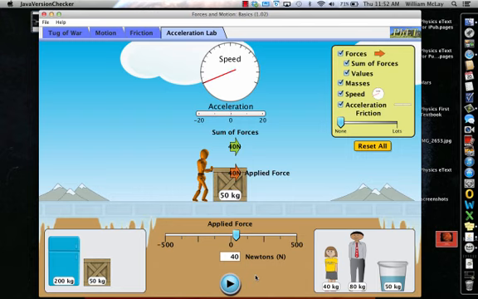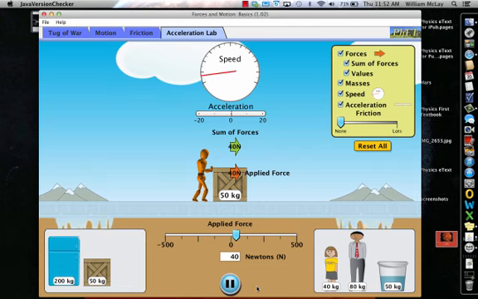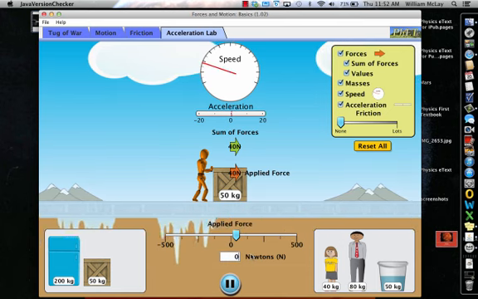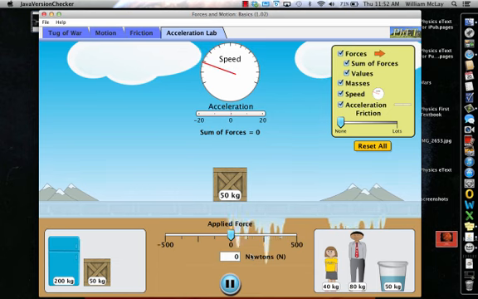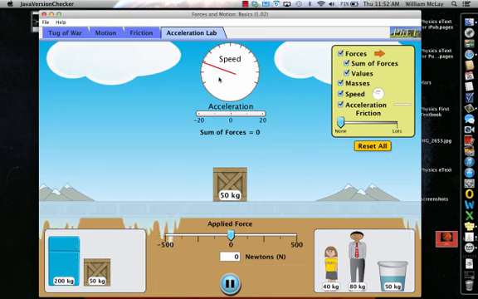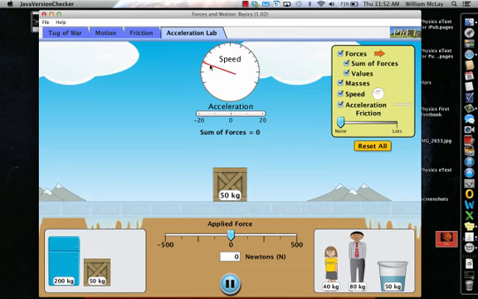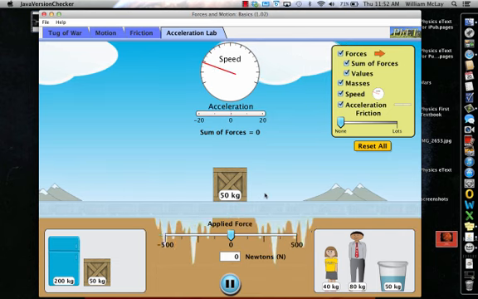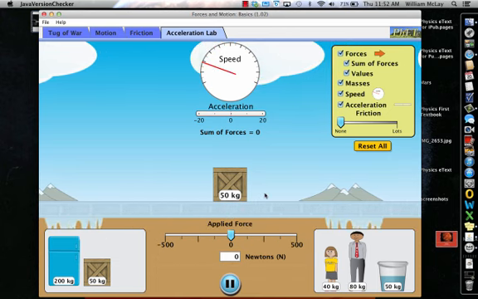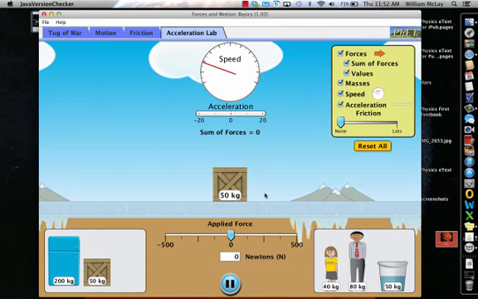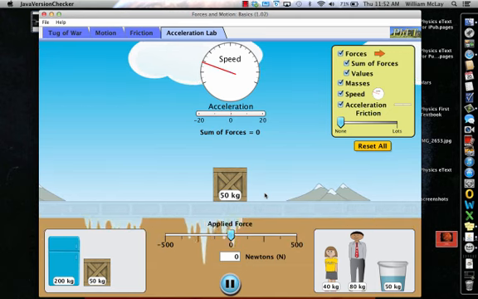In order to change this from a state of rest to a state of motion, I'm going to have to apply a force. I'm going to have my little guy do that. Apply a force for a moment here. And as you can see, it starts to move. And it's getting faster and faster and faster. But now if I remove that force, notice this crate continues on at a very constant straight line motion. In other words, a constant velocity. And now there is no physical way to change that. I can't speed it up, slow it down, change its direction, do anything about its motion without the application of force. And that was the big leap that Newton took.